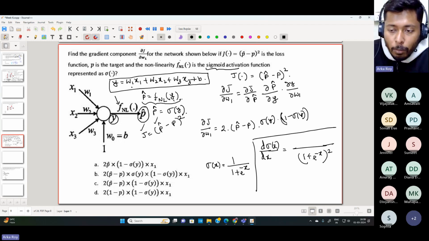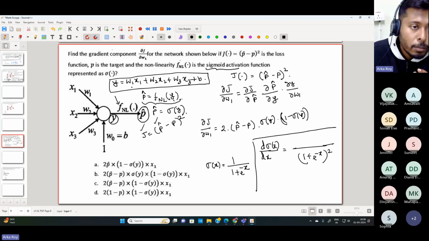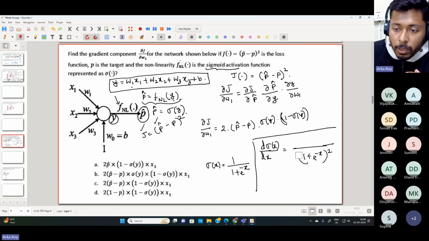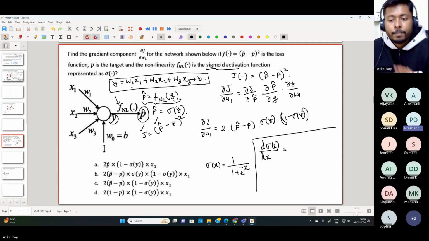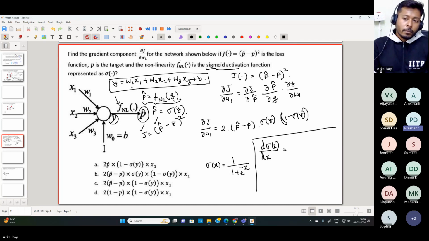So you will get a form, but that will not be the final form. We need to do some manipulation. So what is the final answer? Just tell me after doing this particular derivative part. It is minus e to the power minus x divided by 1 plus e to the power minus x whole